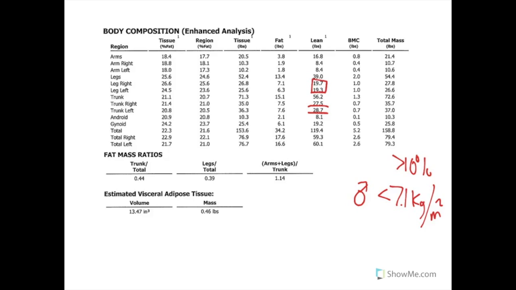So if you look at the arm and leg lean mass, and it's less than 7.1 in males, or less than 5.4 kilograms per meter squared in females,